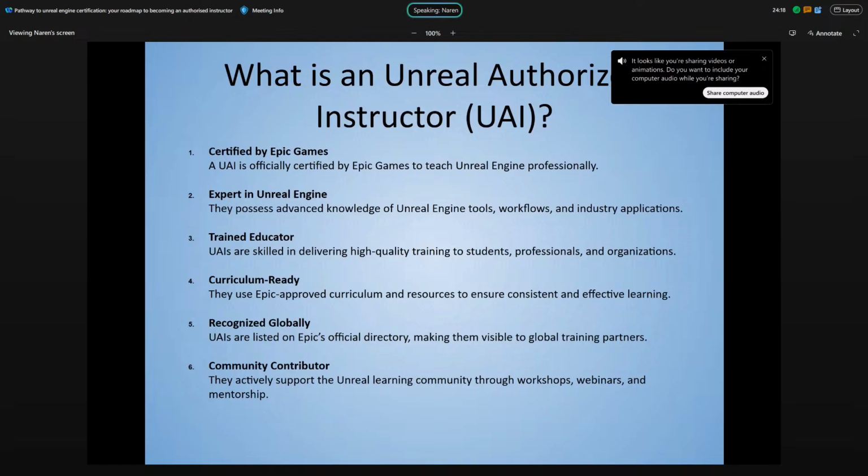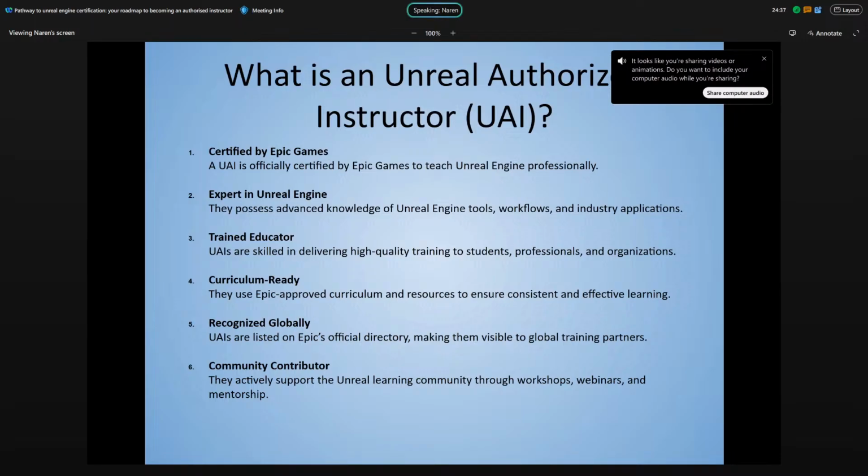Like I said, then comes the expertise in Unreal Engine. Any professional who's been using Unreal Engine can apply for this, and we will be seeing the process, what the steps are and how things work. Also, be a trained educator.